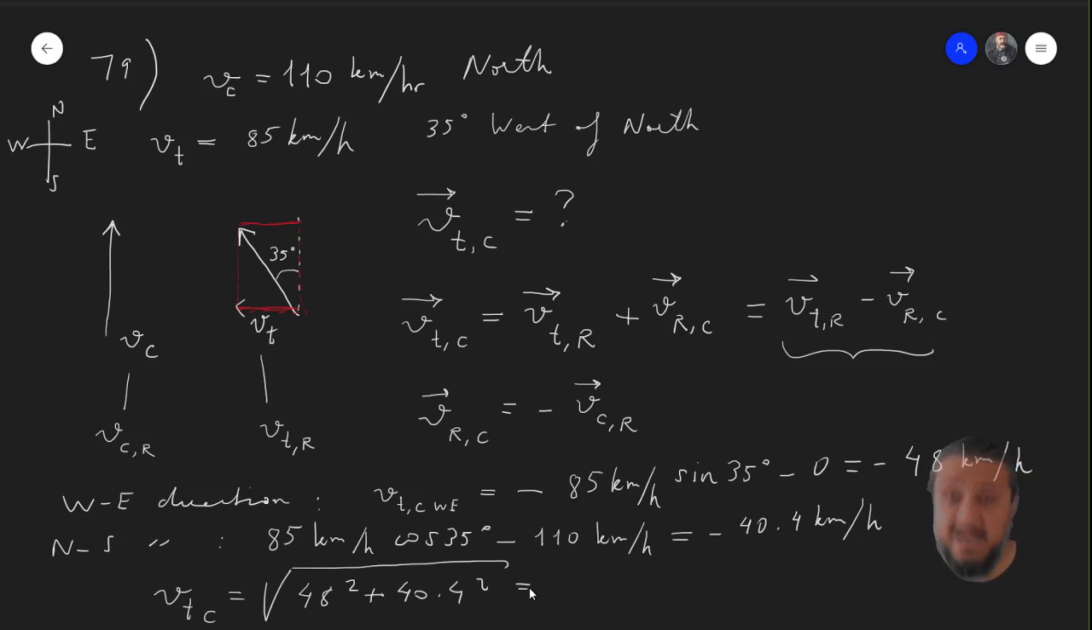And then you can use the arctangent to find the direction. Okay, so 48 squared plus 40.4 squared. Take the square root of that, you get 62.7 kilometers per hour. Okay, if you round it, 62.7 becomes 63 kilometers per hour at 40 degrees south of